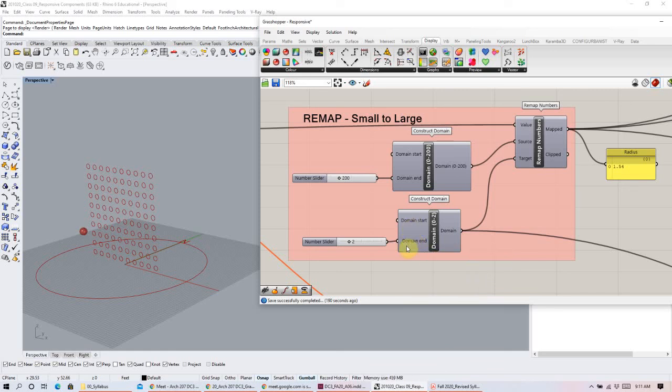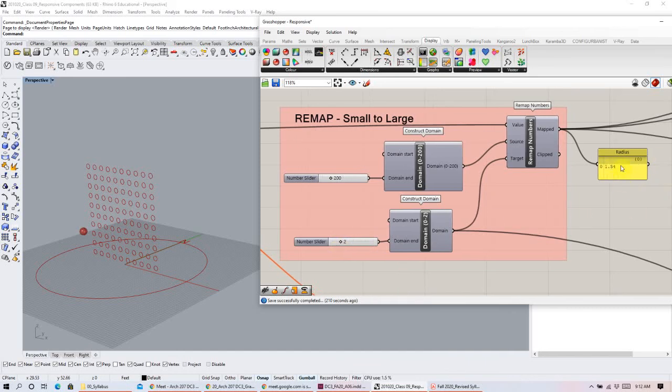It's going to change the radius from 0 to 2 feet. That's what this is, okay? So the source is the degrees, and this is creating a relationship from the degrees to the radii in feet, okay? And you can see here that the output right now says 1.54, and that's